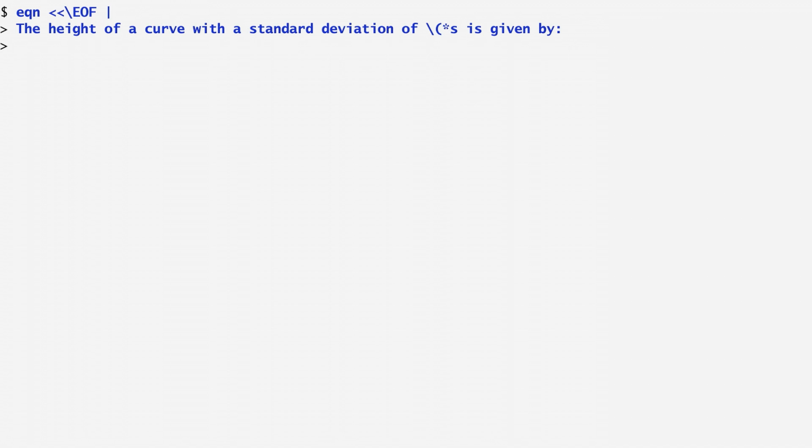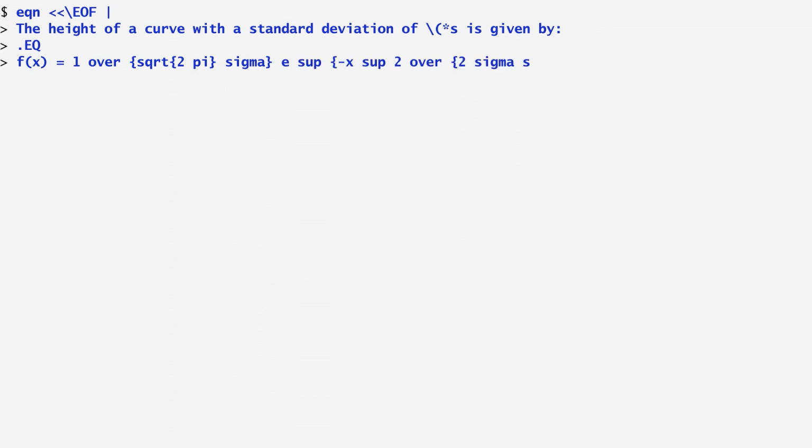Then, I use the .EQ command to denote the beginning of an EQN block. This allows me to write an equation using special notation such as over, sqrt, sigma and curly brackets to represent common mathematical operations and their nesting. Finally, I end the equation with .EN and the here document with EOF. In the end, I pipe the output to groff, asking it to generate a PostScript document and save the result in a file named equation.ps.